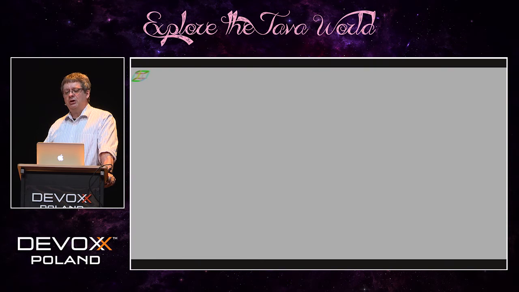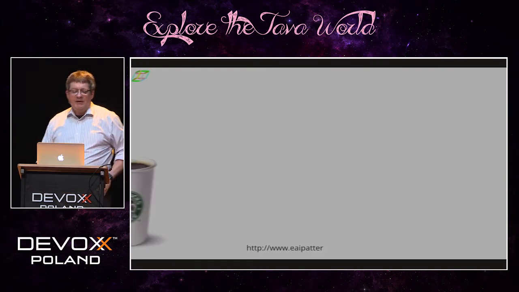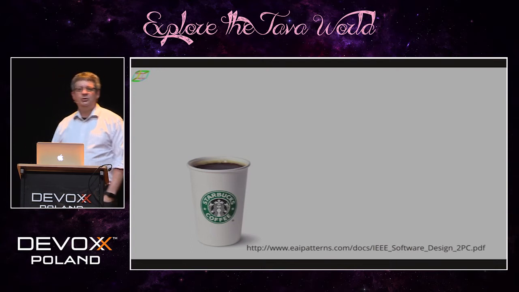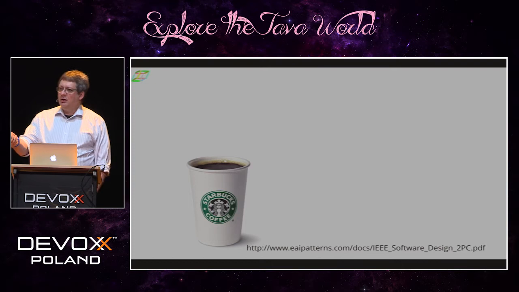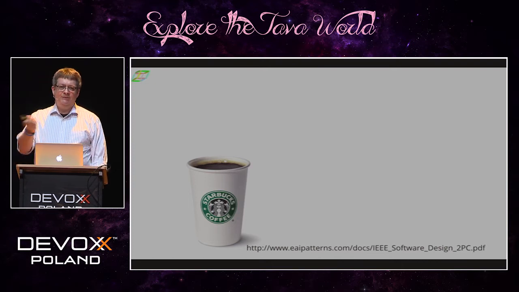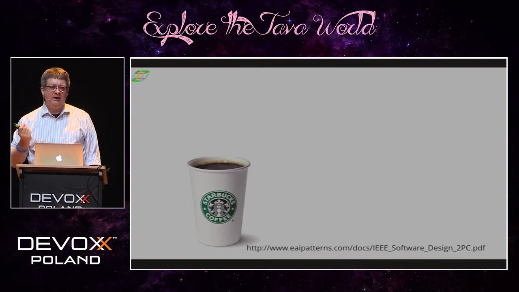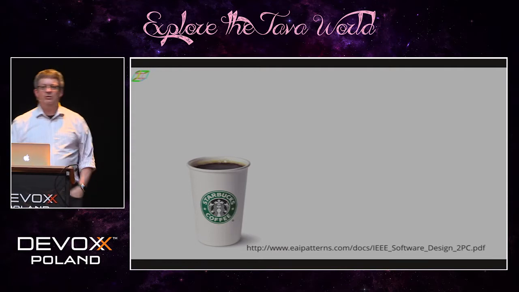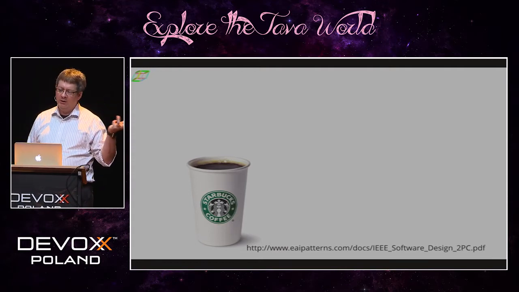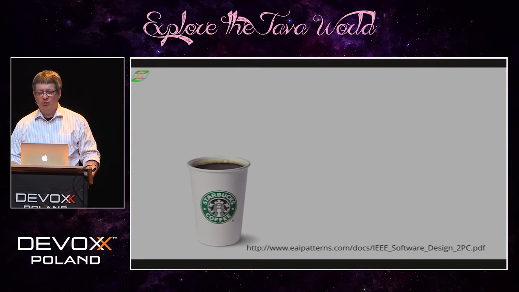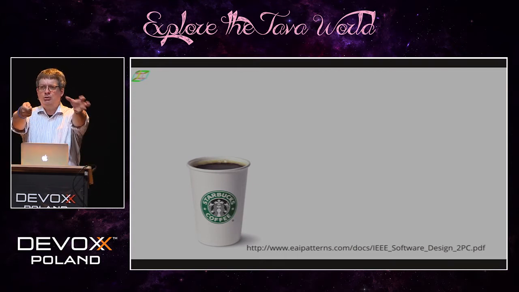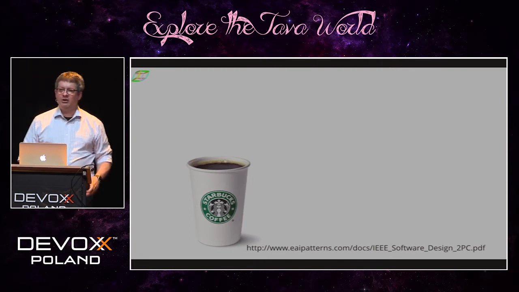A few years ago, one of my colleagues famously made the observation that your favorite coffee shop does not do a two-phase commit. Because you can go order coffee, you give them money, and then they give you some sort of token, a receipt, and you go to a different part of the store, and then you eventually get your cup of coffee. So what would an actual two-phase commit look like in a coffee shop? Well, you would hand them money, and they would hand you coffee, and you'd let go at the same time. So that's a proper two-phase commit in a coffee shop.